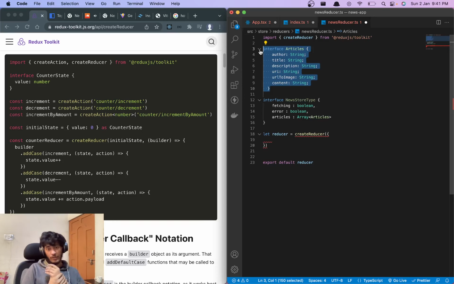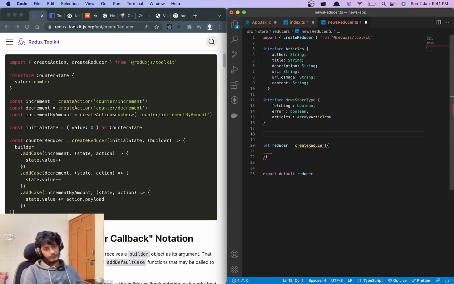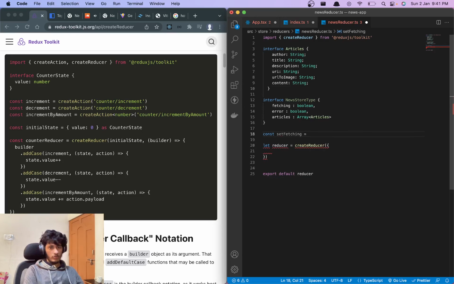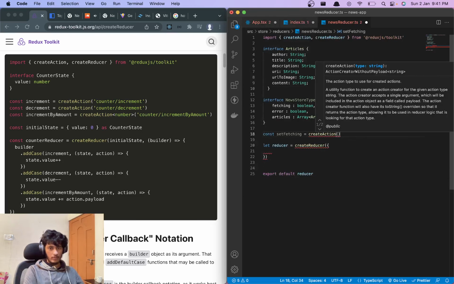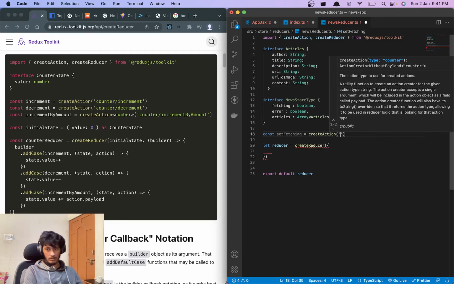Now what we have to do is, as per this, we have to create some actions, right? Counter increment, counter decrement, all sorts of this. Whether this should be unique, I think, because that's how it uniquely identifies these things. So we can say const set fetching, right? And you can say create action, right? Then you can say counter slash, no, not counter slash.